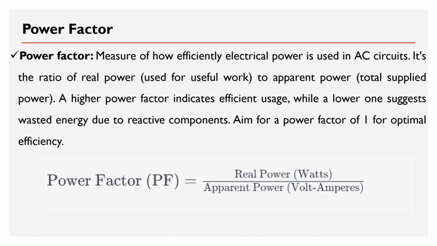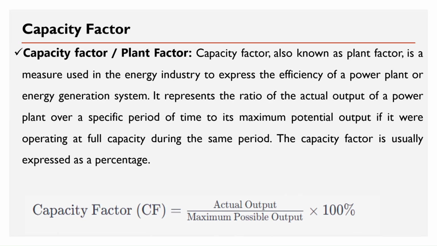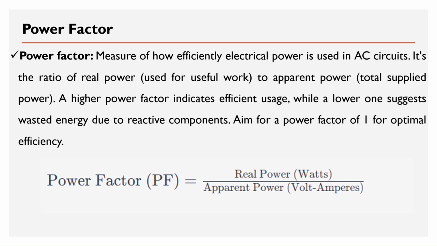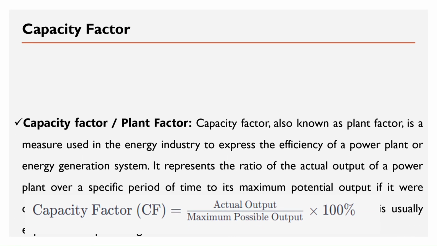Power factor. Power factor is a measure of how efficiently electrical power is used in AC circuits. It's the ratio of real power to apparent power. A higher power factor indicates efficient usage, while a lower one suggests wasted energy due to reactive components. Aim for a power factor of 1 for optimal efficiency. Mathematically, power factor equals